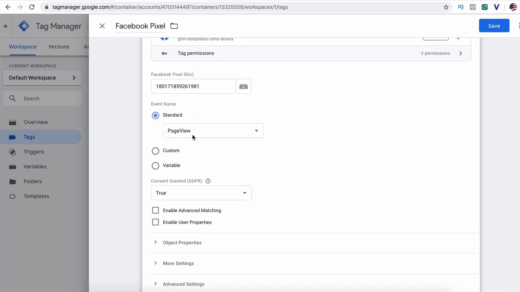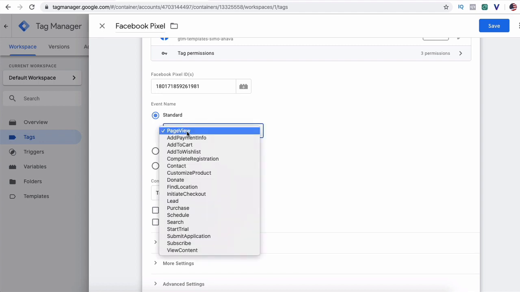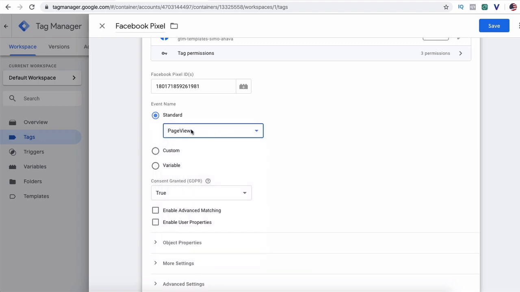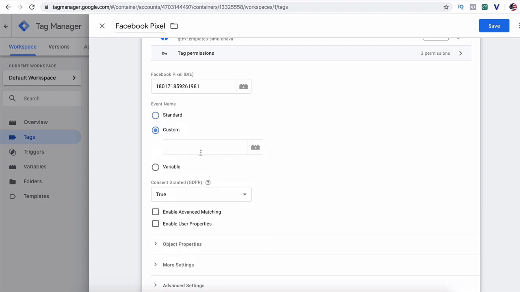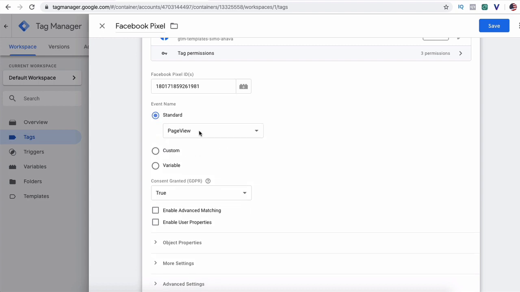This tag is going to be, so a pixel can have standard events, which is any of these events here. These are basically pre-configured events. Or we can do a custom event, and then you can configure it here. For this example, we're doing standard events, and we're gonna fire a PageView event, which is basically what a pixel